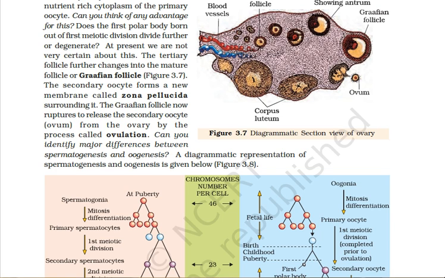Now this mature follicle is about 1 centimeter in diameter and protrudes on the surface of the ovary. The theca layer also gets organized into an inner theca as well as an outer theca. The inner theca is termed theca interna and the outer theca is termed theca externa. The primary oocyte within the tertiary follicle grows and undergoes the first meiotic division, forming a large secondary oocyte and a tiny